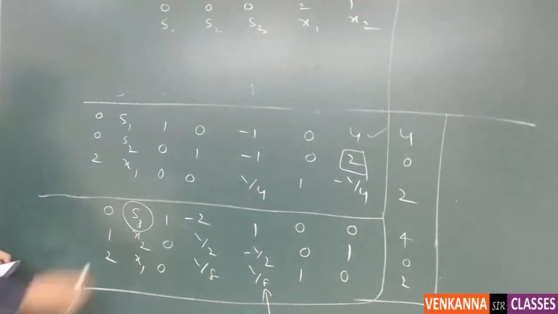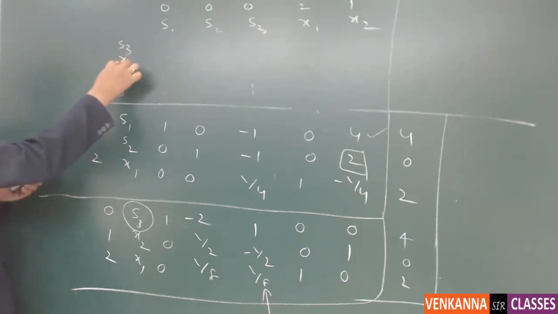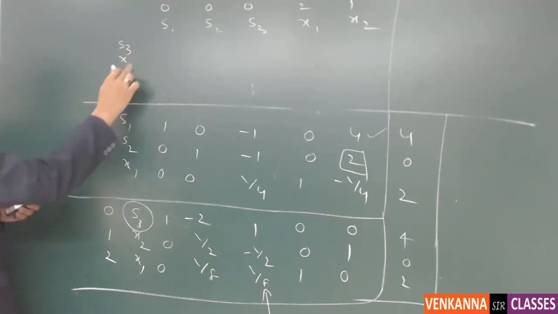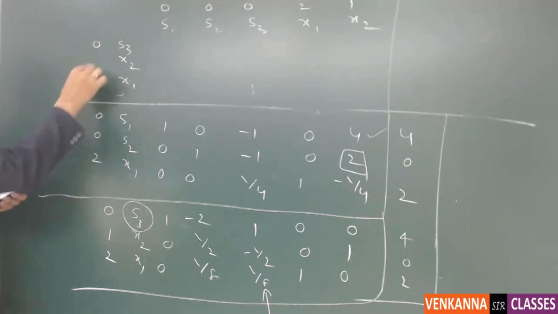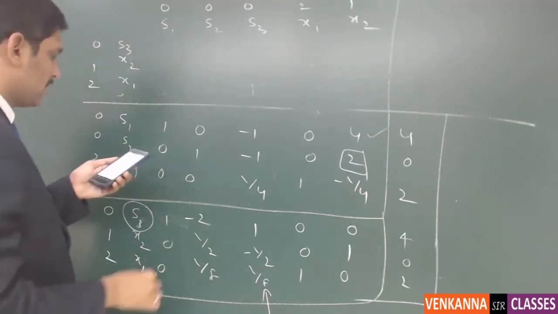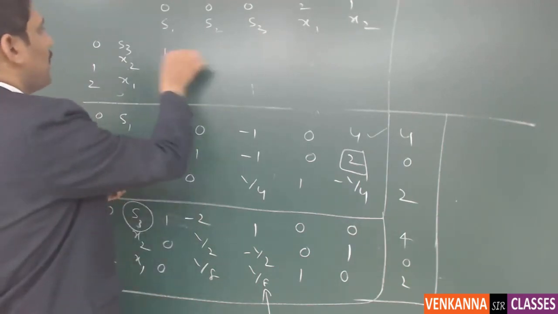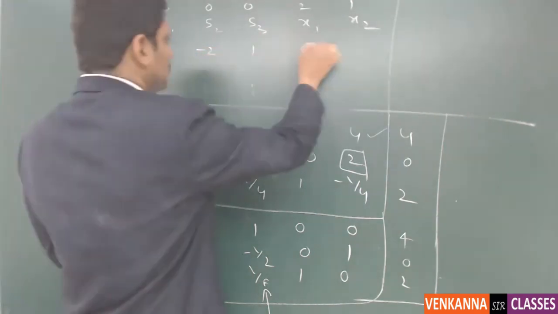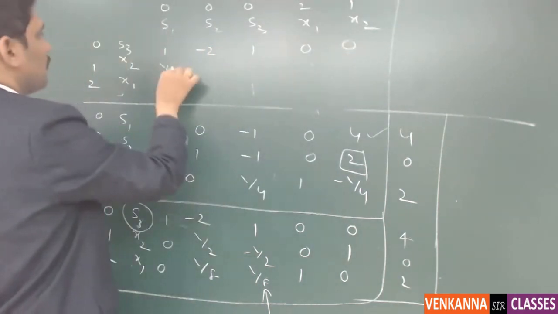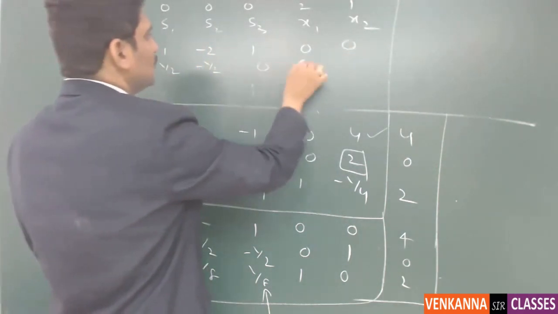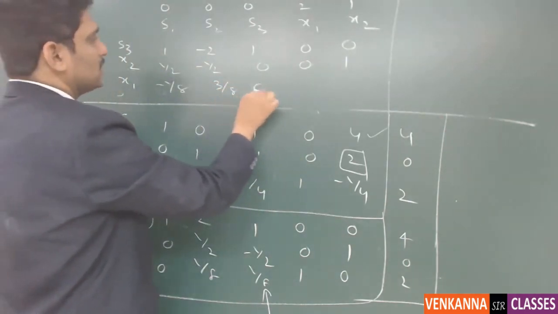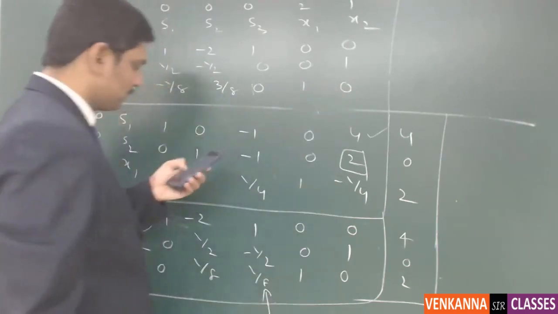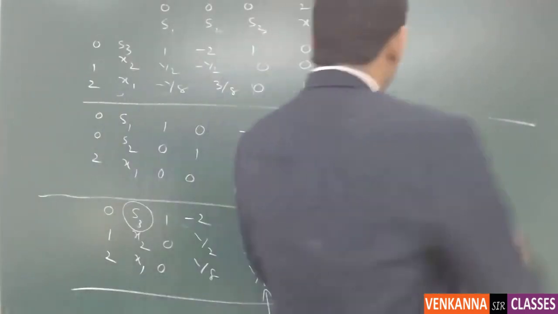So after replacing S1 with S3, it is going to happen like this. S3, x2, x1. So 0, 1, 2, and the values will come as 1, minus 2, 1, 0, 0, 1 by 2, minus 1 by 2, 0, 0, 1, minus 1 by 8, 3 by 8, 0, 1, 0, and you have the solution coming as